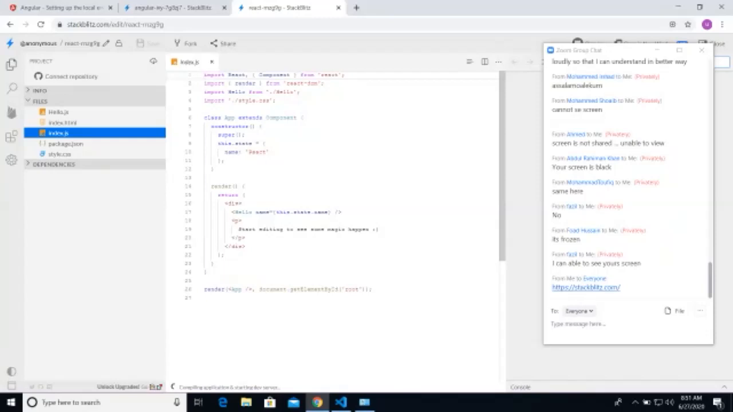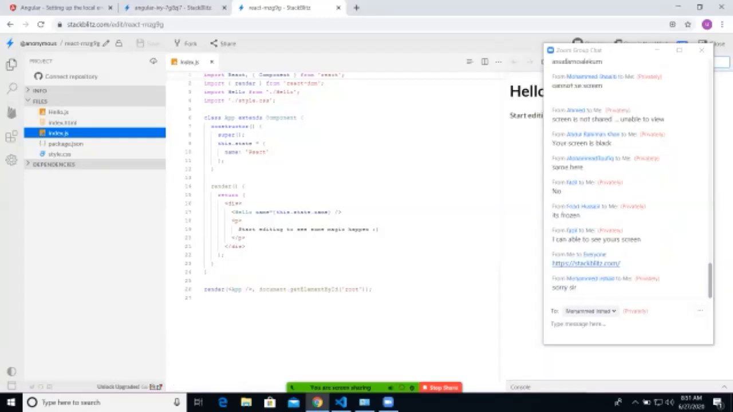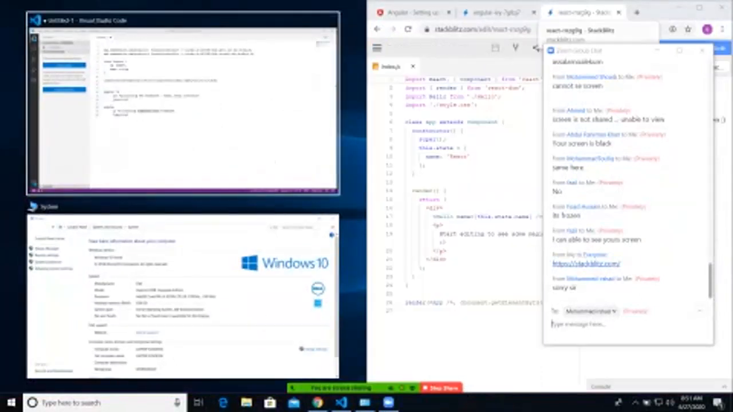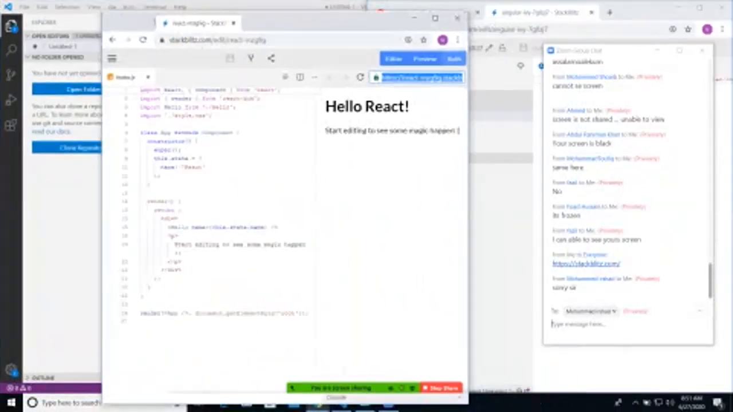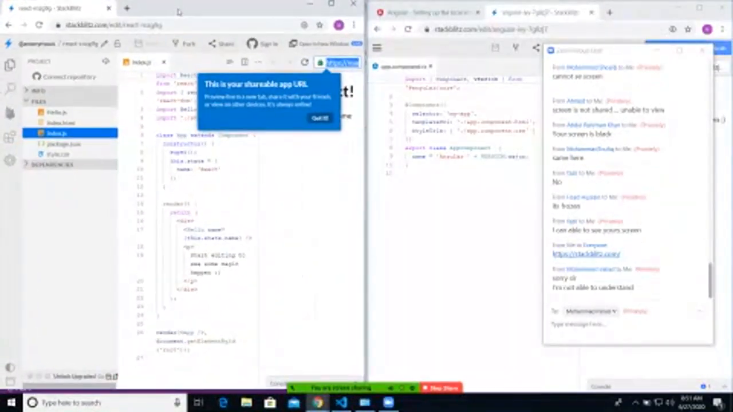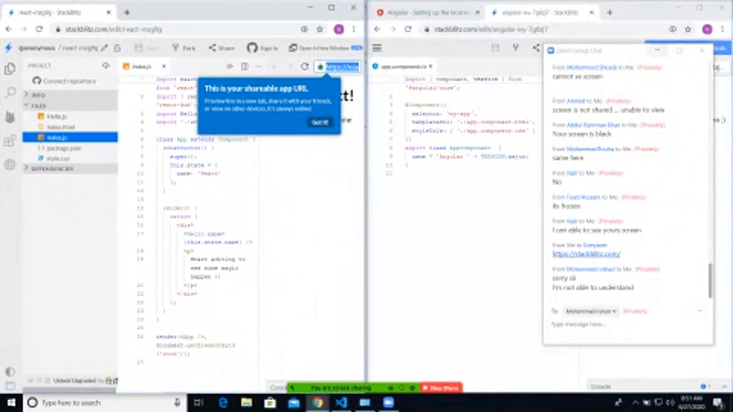But anyway, let me try to arrange this screen. Let me unlock this. So we have two windows. One is a React app and one is a